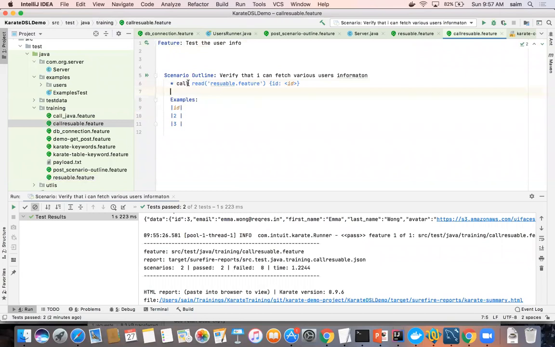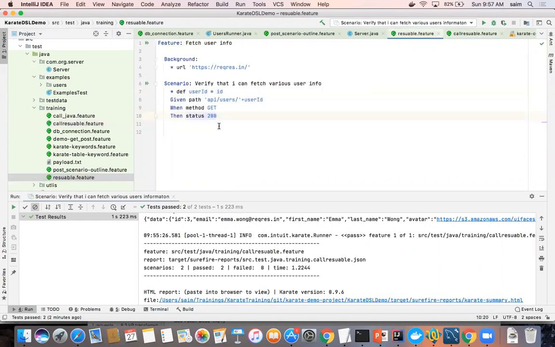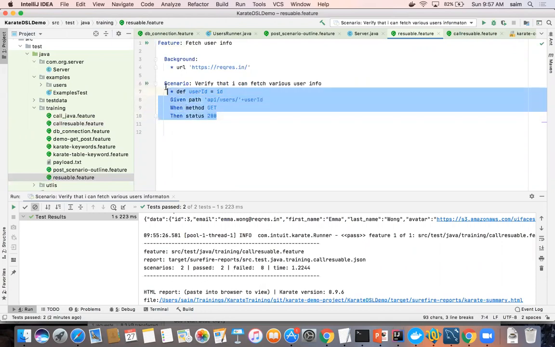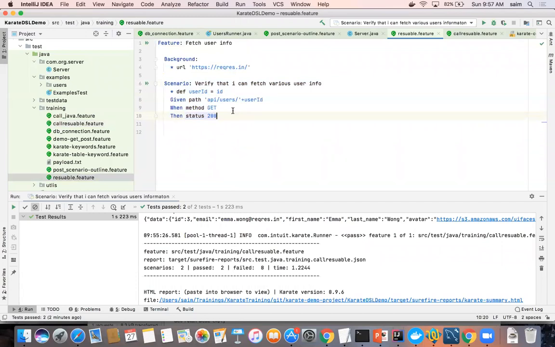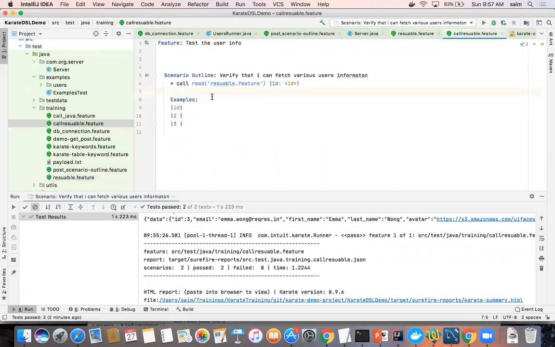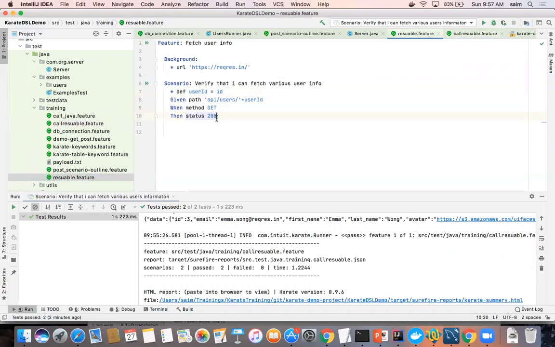I want to assert here, because I'm just making a GET call, but I don't want to validate here. I don't want to do any assertion here because that defeats the purpose of creating a reusable feature file. I want the calling feature file to control the assertions, to verify the data or response in this scenario, not the reusable feature file. Because what if this feature file is being used in some other